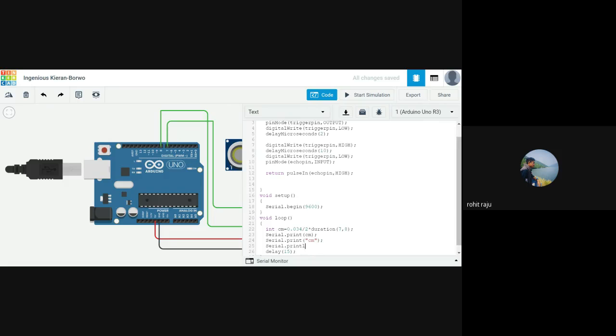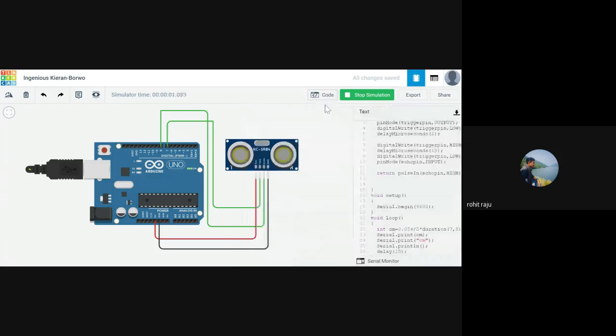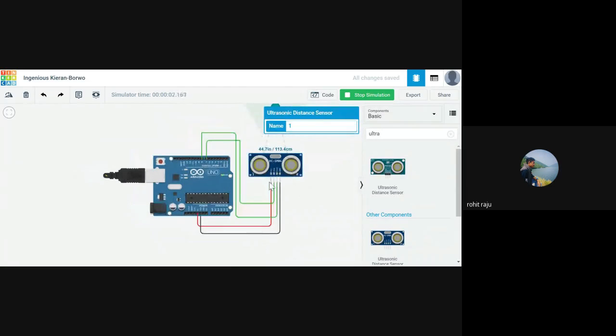So println. Let's see, it's good. Yeah, it says 112 centimeters. Let's see what's going on in our sensor. So we can't move it. Let's stop it for a second.